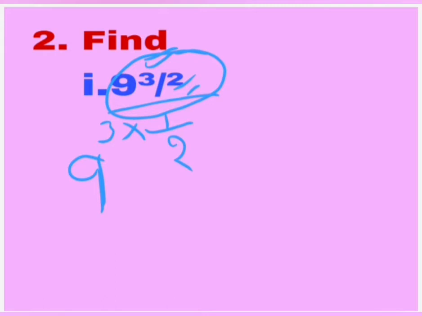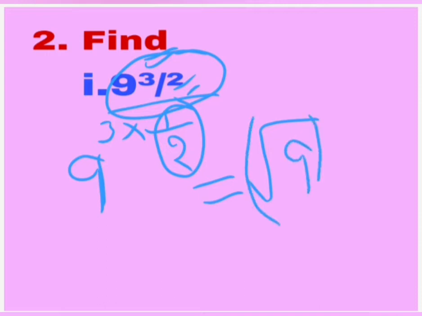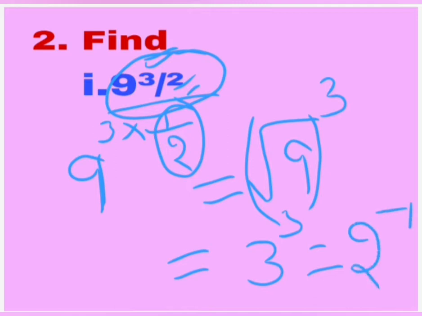So 3 into 1 by 2 means it is again 3 by 2 itself, right? So 1 by 2 means it is a square root. So we'll convert this into square root of 9 whole to the power 3, which will remain as it is. Square root of 9 means it is equal to 3, right? So 3, this cube we will take for this 3. 3 cube means it is equal to 27. So whenever you are not getting 1 in the numerator, in that case you can split your power like this. By splitting the power also, it is possible to convert your exponential form into root form.